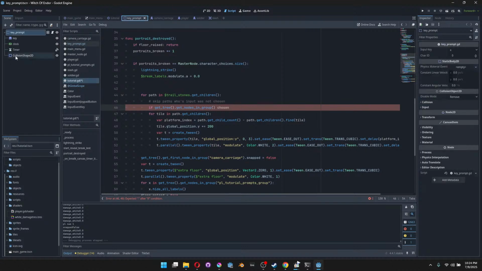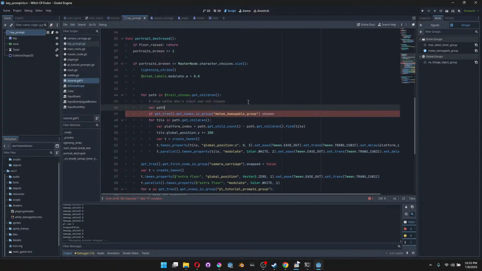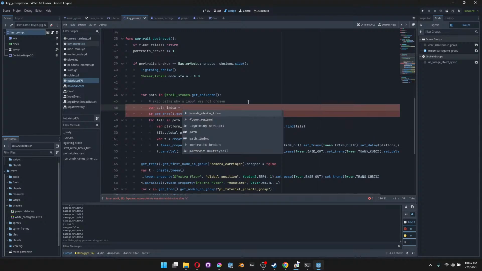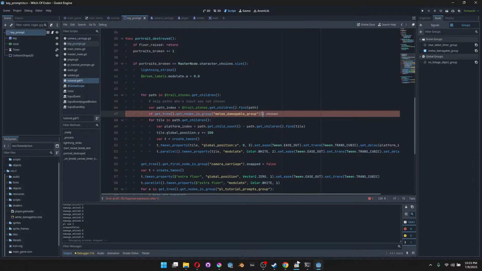Okay, so we're gonna get the key prompt. They should exist in the same order. Okay, there we go. In which case, we need to get the path index. Same concept. We'll get all the paths, find specifically the path we're looping through right now, and then we'll use that to get the index of a particular key prompt object. And then check if it is chosen,